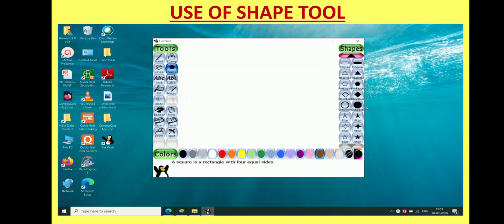Shape tool. This tool can be used to make different shapes like triangle, pentagon, square, etc. You have both the options of filled as well as unfilled shapes.